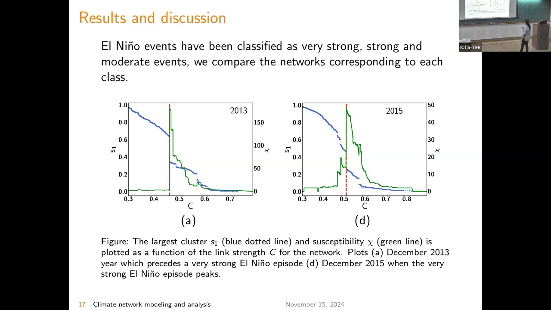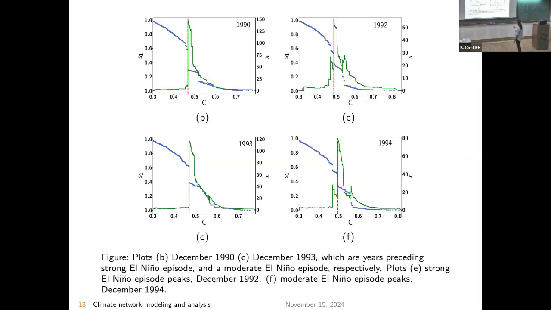You also see the scale is quite different. For the indicator year, it goes up to 150, and for the El Nino years, it's not that high. You can use these differences and formulate certain precursors. So we will see a similar kind of thing for the El Nino episode, which was a strong El Nino episode, and this is the moderate El Nino episode.